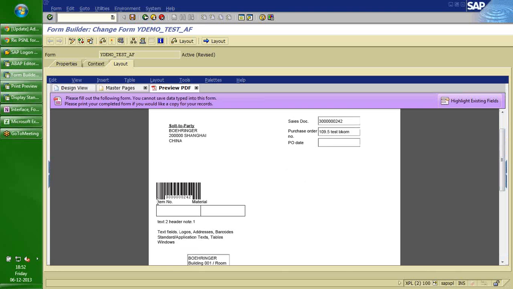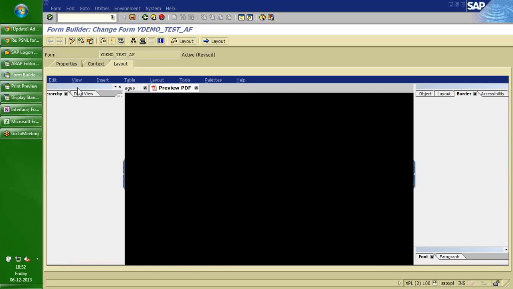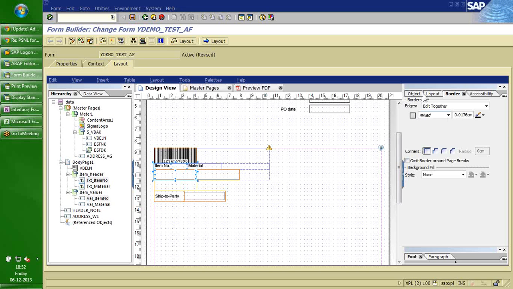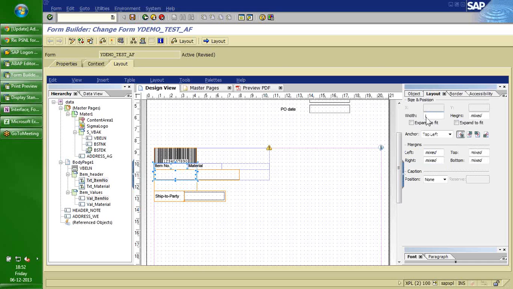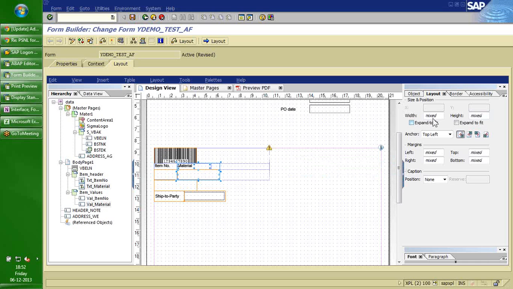See, this is the item number and the material, and the respective fields, it appears like this. So what I do is, this field and this field, I want to be the same width. So I'll select them as 2 centimeters. They both are in sync. I select this one and this one. This is up to us, how we manage creating the